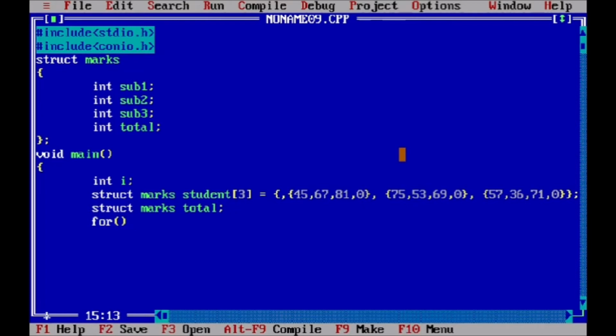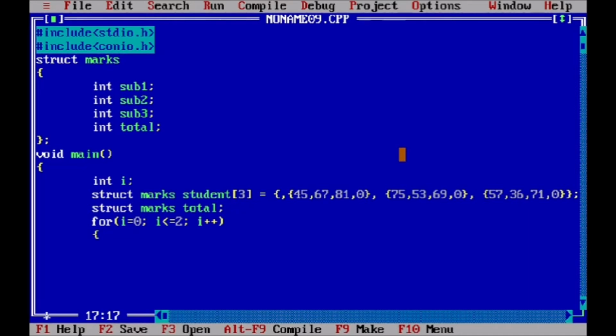Now we declare one variable named total. Struct marks total is a structure variable for accessing member values of the structure. So we are calculating the summation of marks of each student.